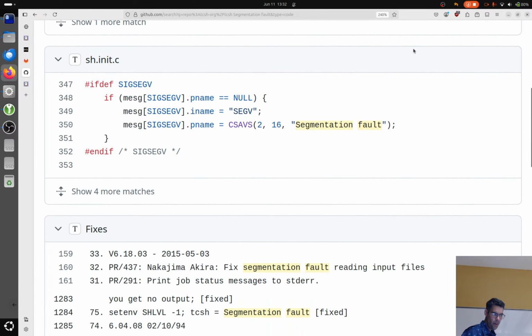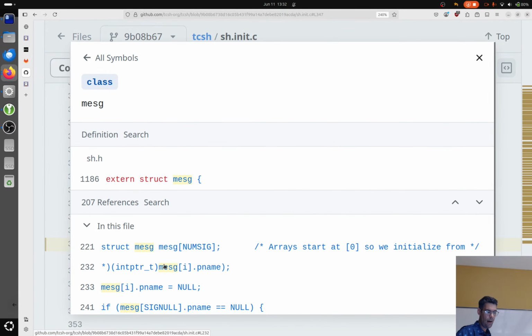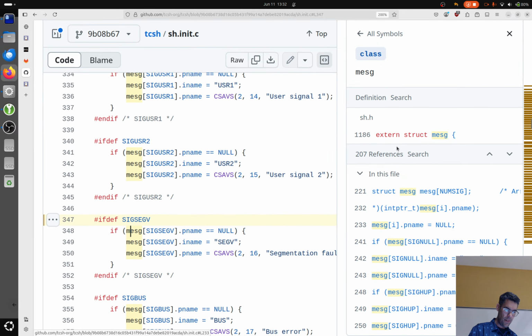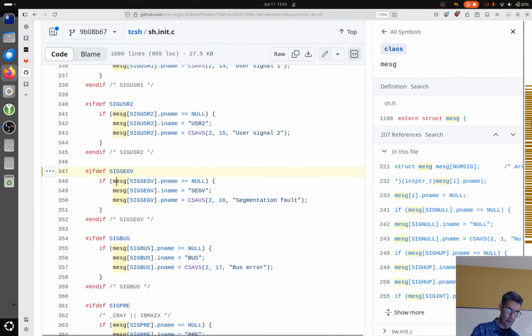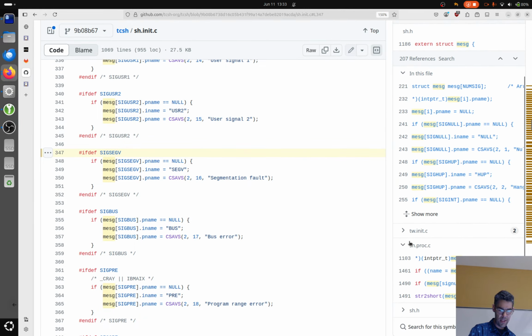The next file here is sh.init.c, and I'm going to take a look here specifically at if SIGSEGV. And what this is starting to do is to populate this array called MESG. I'm going to zoom out a little bit so that I can see this more clearly. But what I do want to see is that this is populating this thing called MESG, and it's being referred to in this file. This file here, if you can't see it, is called